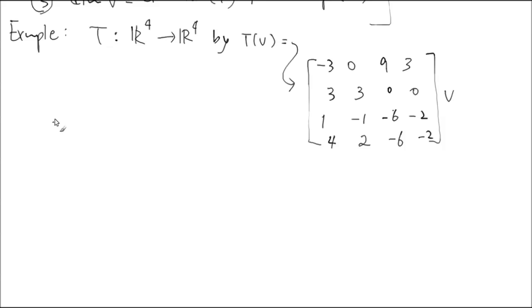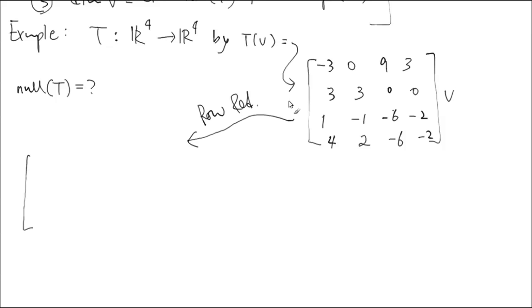So for example, you multiply the null space, right? What is the null space of T? You put in A, B, C, D, or X, Y, Z, W, and set it equal to 0. And what are you going to do? Row reduction. So here's a row reduction. That's called M, and here's the row-reduced version.